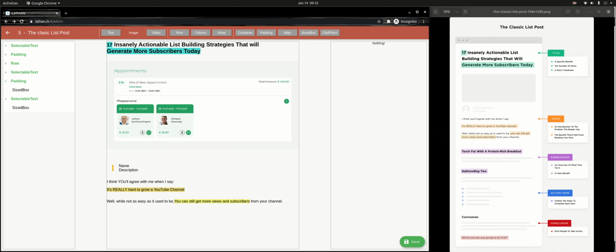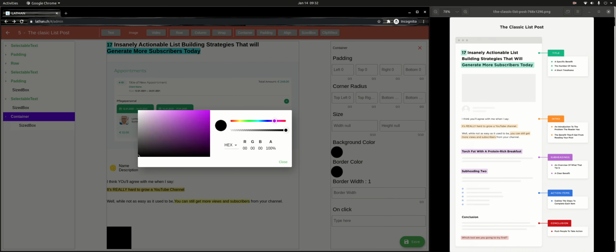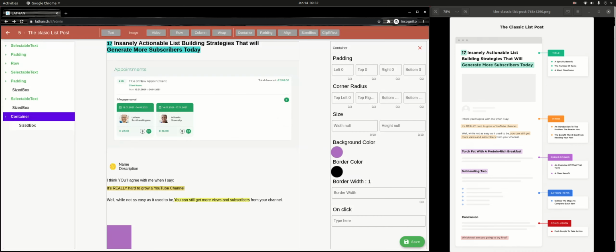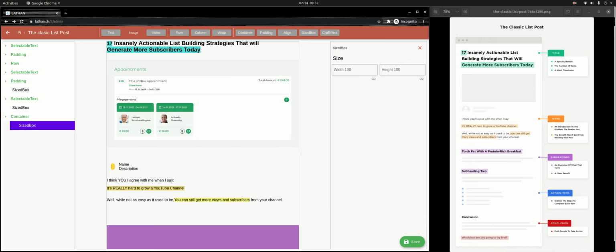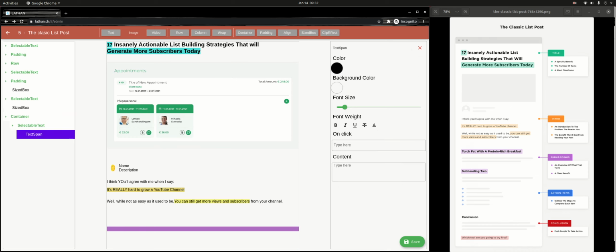This time what I'm going to do is add a container and put the background color to the violet one. Okay, and put the width to 999, so it will take maximum width. Then I'm going to delete the sized box under the container, select the container, and add a text as child of the container. Then I will type the content